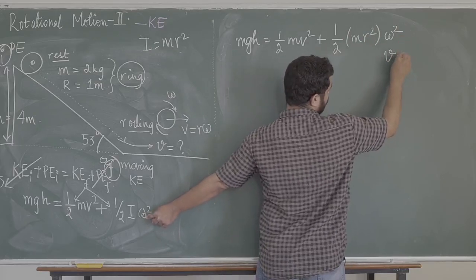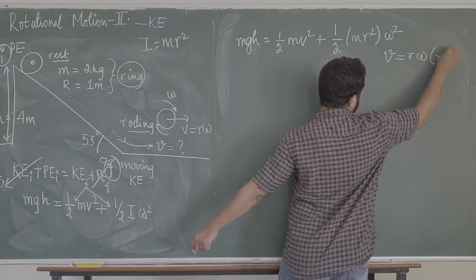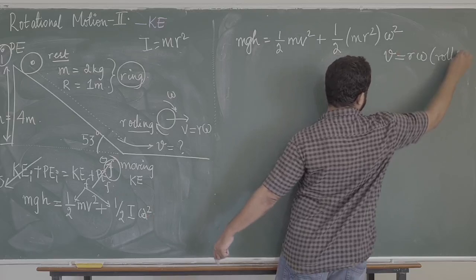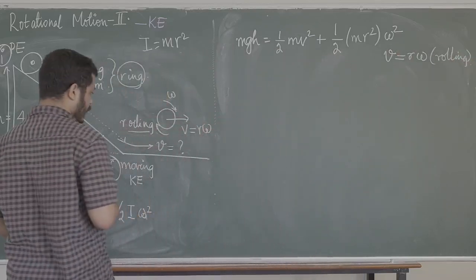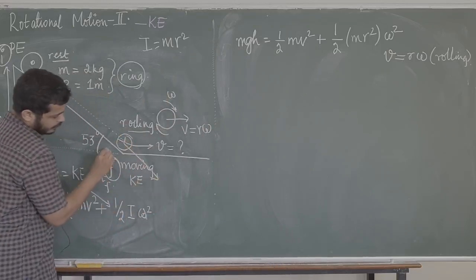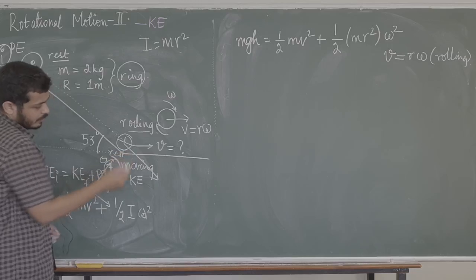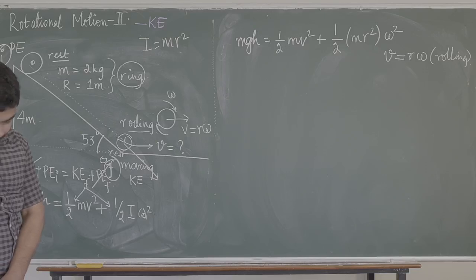This thing is rolling. So when something is rolling, V is equal to R omega in this case because the object over here is rolling. If you do not believe me, what you can do is you can understand over here. When the disk is moving in a straight line, the surface is at rest. So we have solved a lot of questions where the surface is at rest, and in that case V is equal to R omega. So you can just directly realize over here that V is equal to R omega.